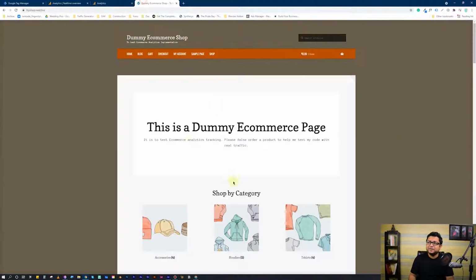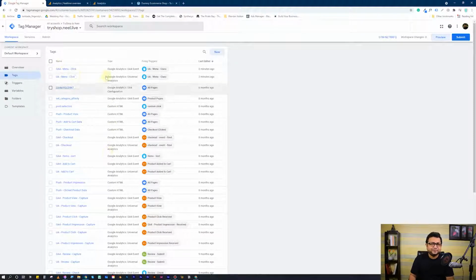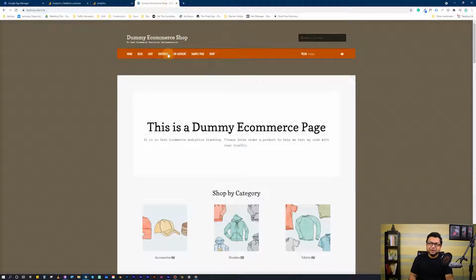Here you would see that these menu items are there. I have written two events. The first event is the GA4 menu item click event, it's a GA4 type. You can do all of it in one tag manager account if you don't know that. And the second one is the UA menu click event, the Universal Analytics kind of menu click event. Both of them are implemented over here. You can do that, by the way.